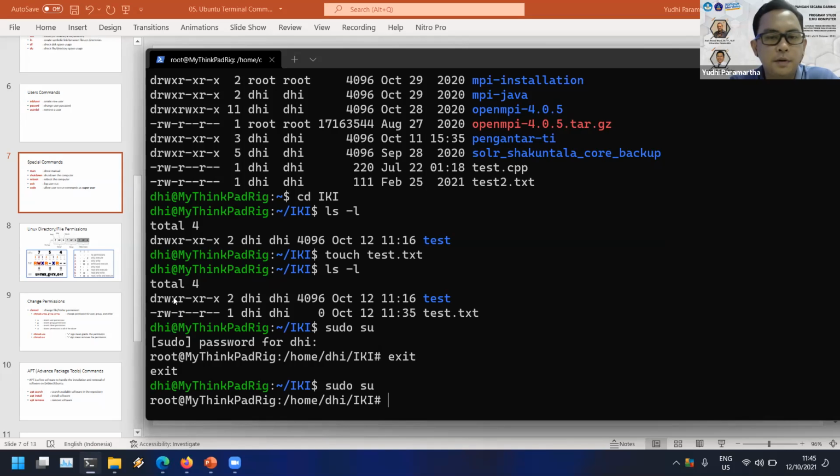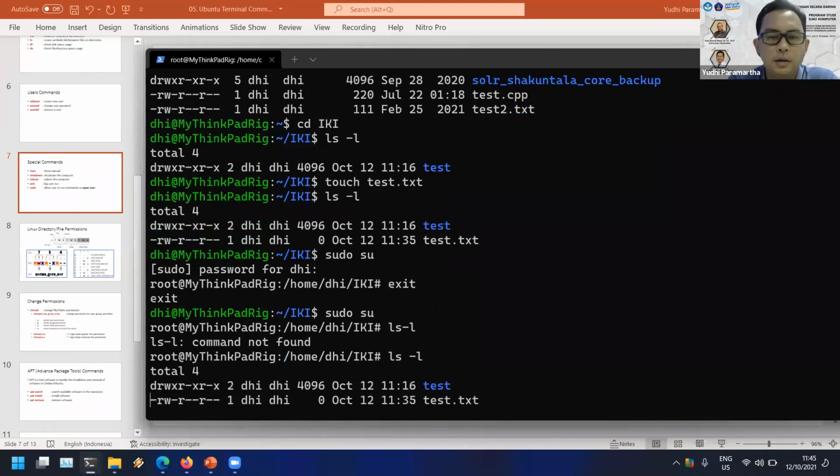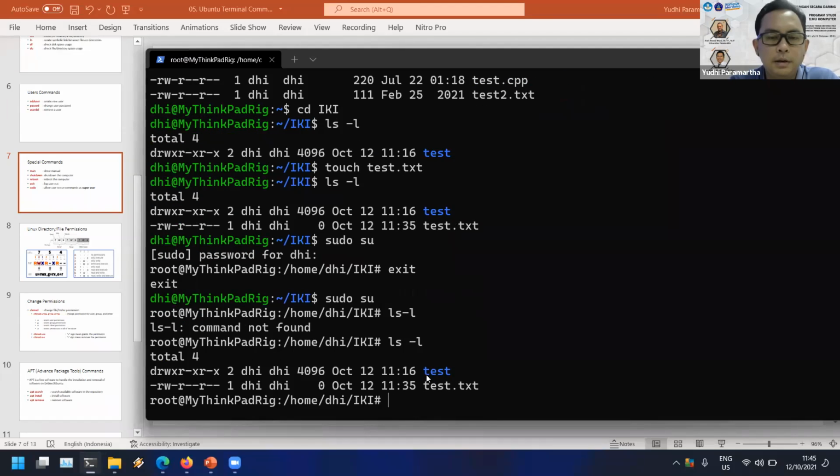Okay, about the permission. We have the test directory and the test.txt in our folder. For changing the permission, you could use chmod, change mode, of the files, and then write the permission.